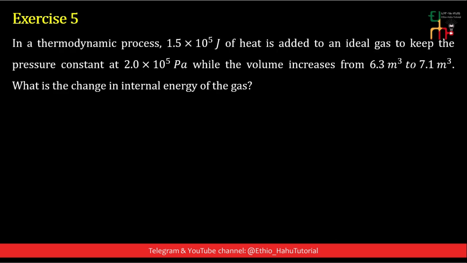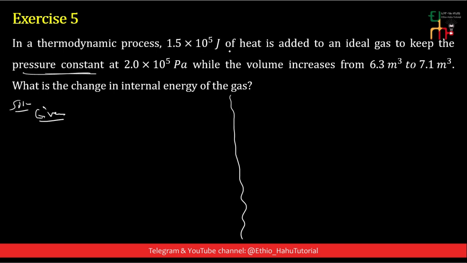The next exercise, 5. In a thermodynamic process, 1.5 times 10 to the power of 5 joule of heat is added to an ideal gas to keep the pressure constant at 2 times 10 to the power of 5 Pascal, while the volume increases from 6.3 cubic meter to 7.1 cubic meter. What is the change in internal energy of the gas? This is a process of constant pressure, isobaric process. Given that